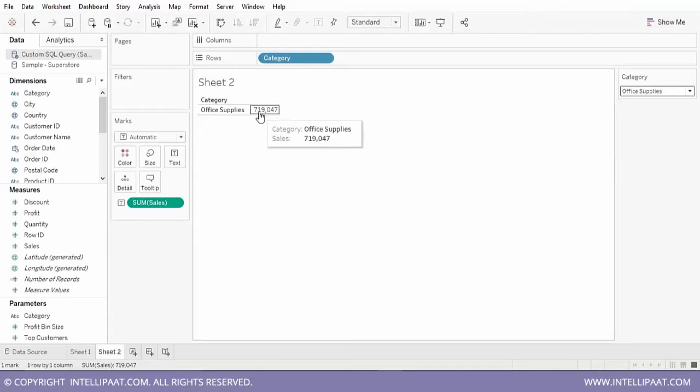So this is how you use parameters in your custom SQL. We go for a parameter only when you want to dynamically pull data into your dashboard. Then you go for a parameter and give the parameter control. And then another use of parameters is